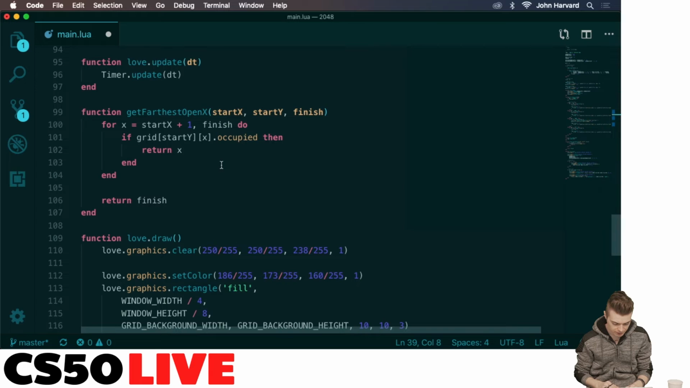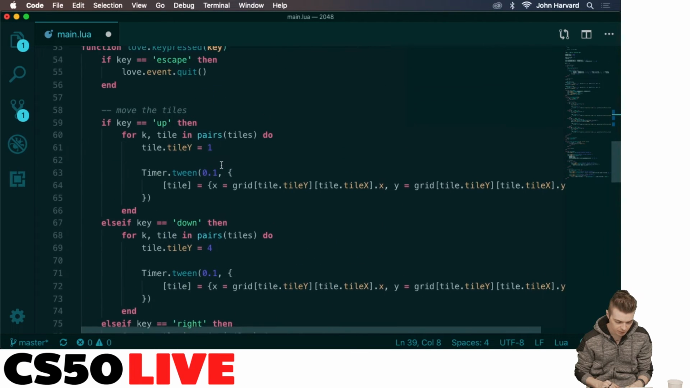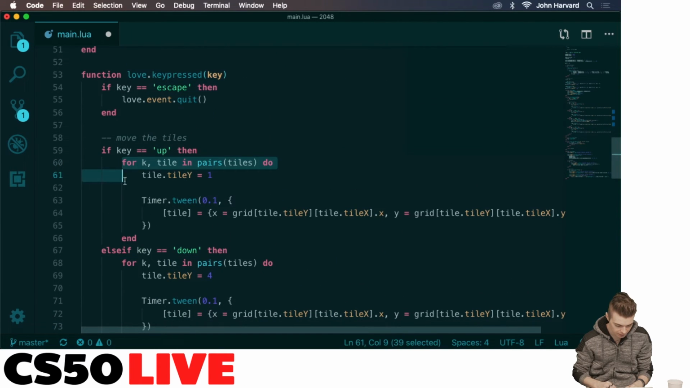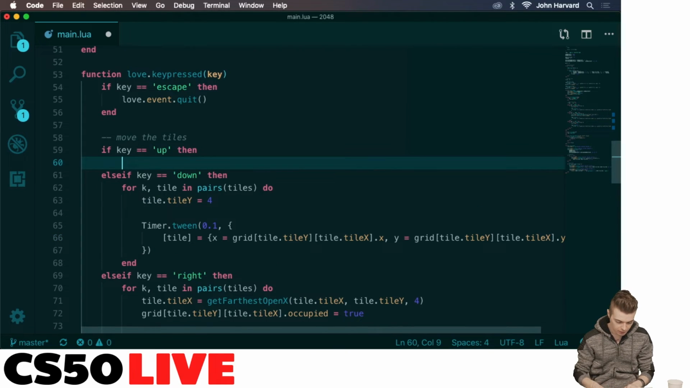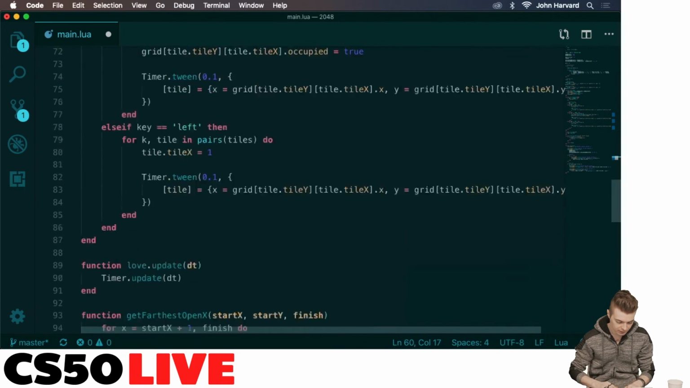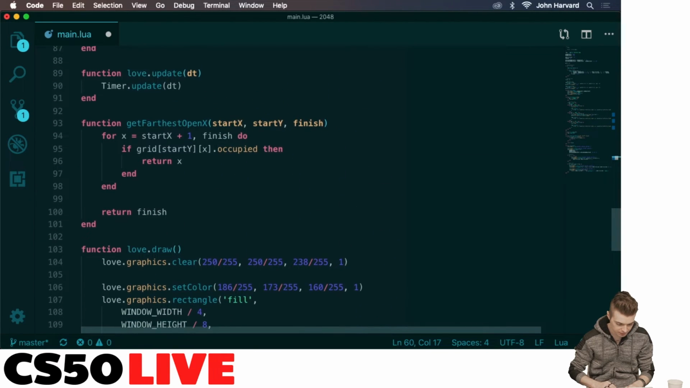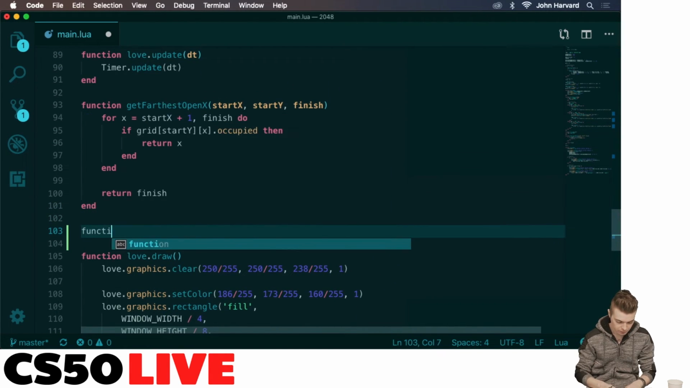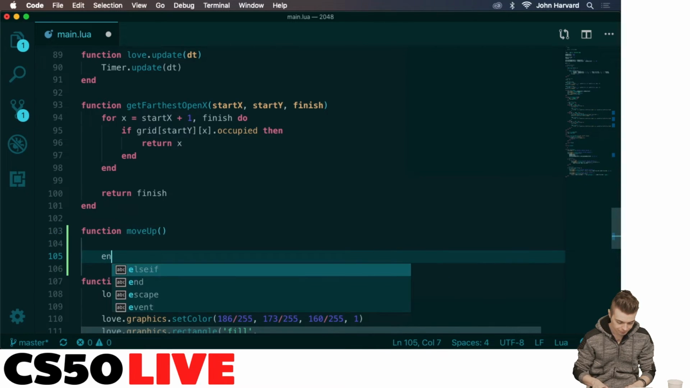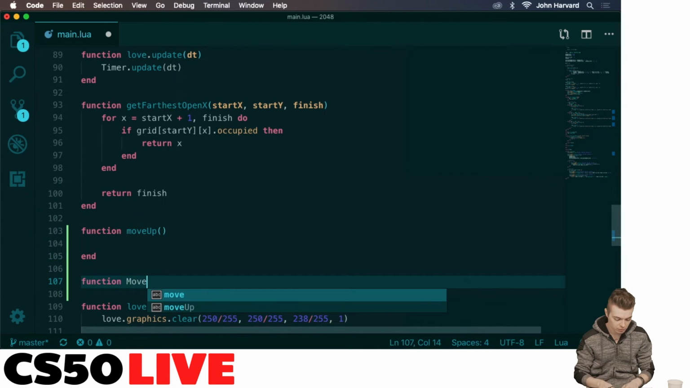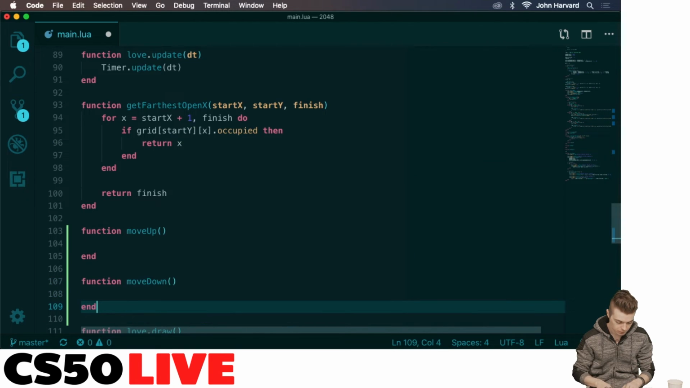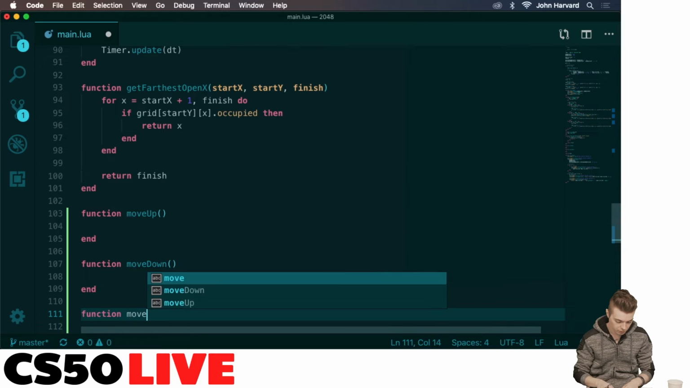So what I want to do is take these out into functions probably. I'm going to say move up like this. So we'll just make a few functions here just to clean it up a little tiny bit. So move up, move right, oops, move down, move left,